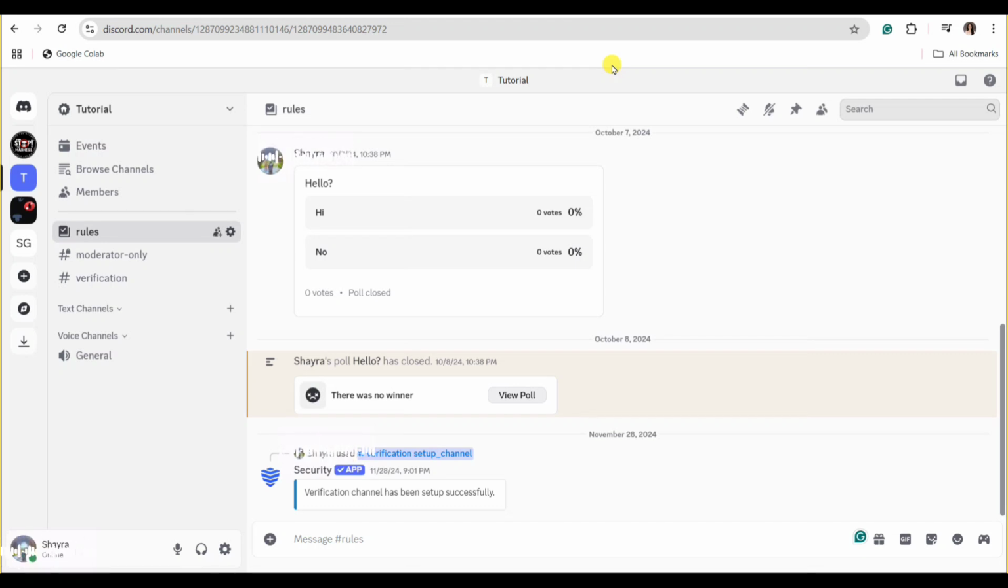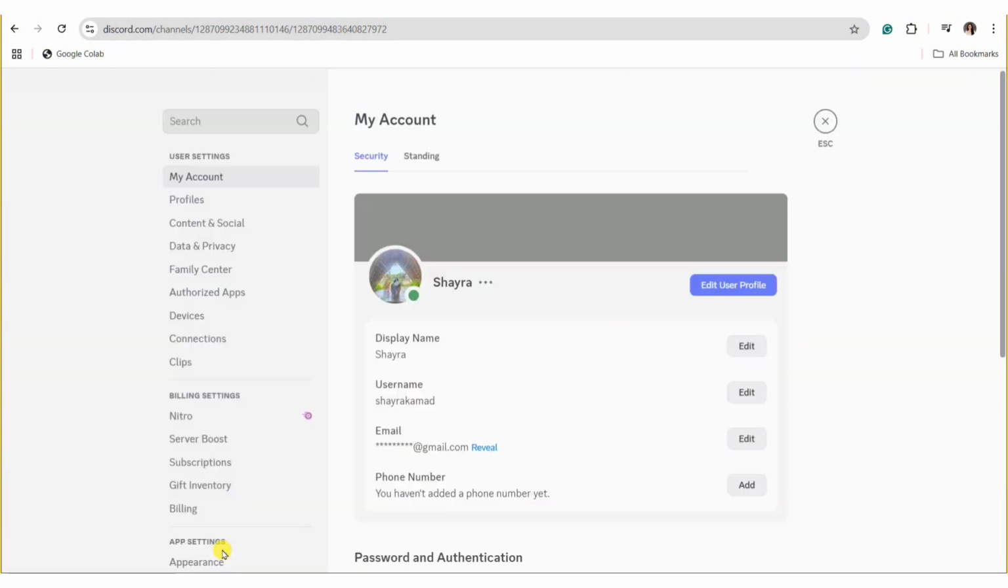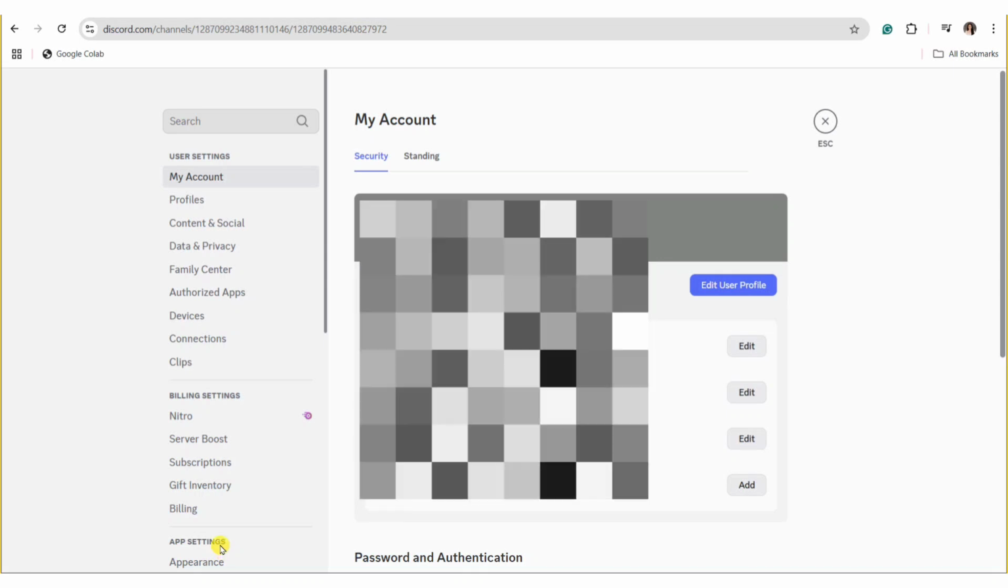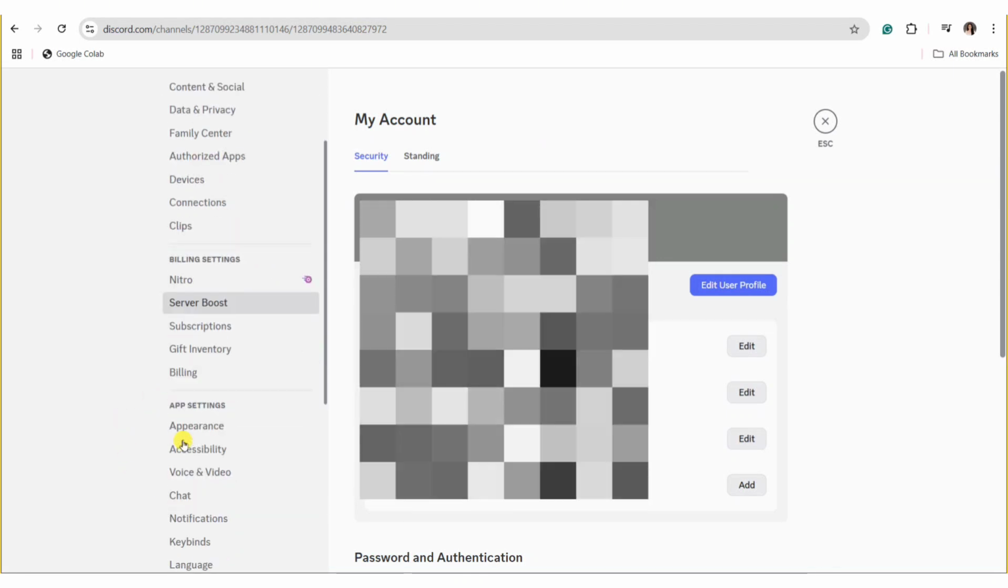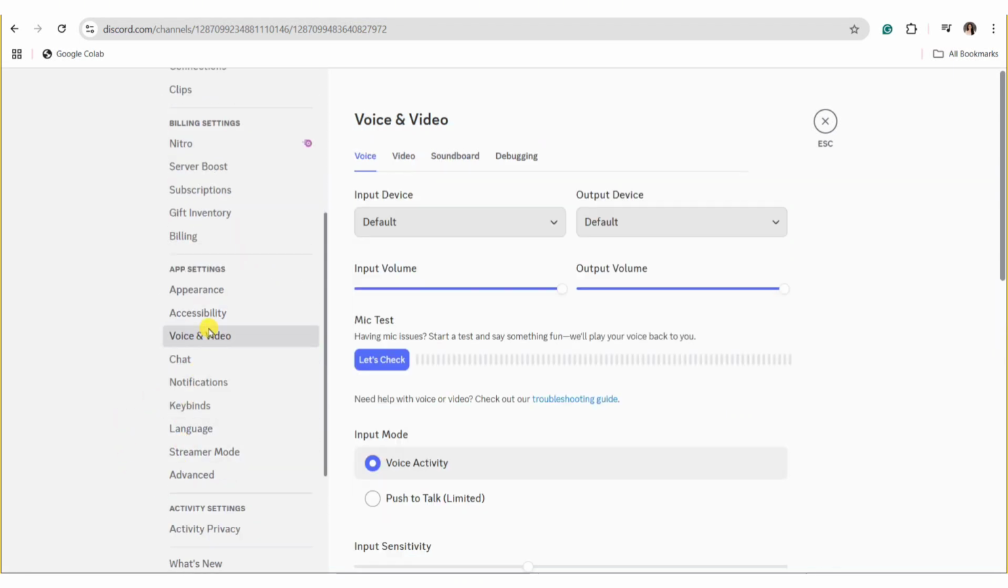Another thing that you can do is to verify Discord settings. So to do that, go ahead and open your user settings. You'll find it at the bottom left corner of your screen. Now in this area, go ahead and scroll down on the left hand side, which is actually the sidebar of